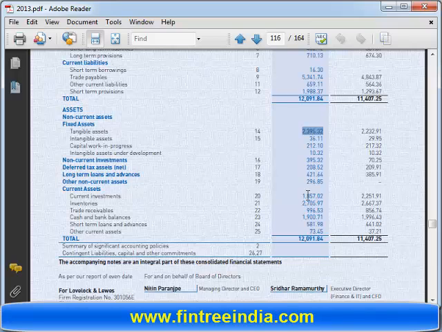How many of you feel yes? How many of you feel no? How many of you feel depends? Depends is the answer. It depends on what was the fixed asset turnover ratio of Hindustan Unilever in 2009, 2010, 11, 12. So maybe those years, if it was 16 and today it's 11, it's not good. But if those years it used to be 8 and today it's 11, it's good because the company is making more sales